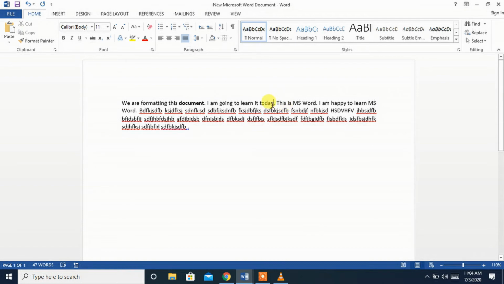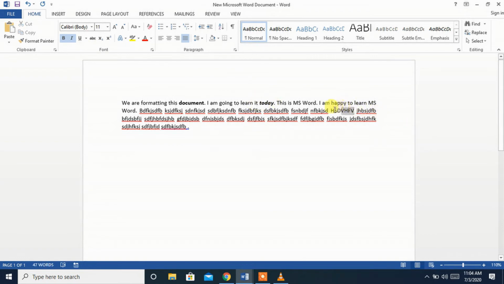Just select it. I am going to make this today also bold. Select it, click on bold. Done. If I want to make this particular word italic, click on the next option near B, I. So you can see it slanting.